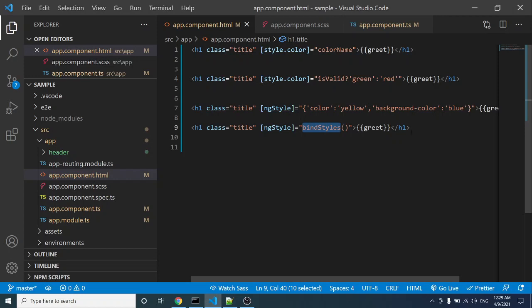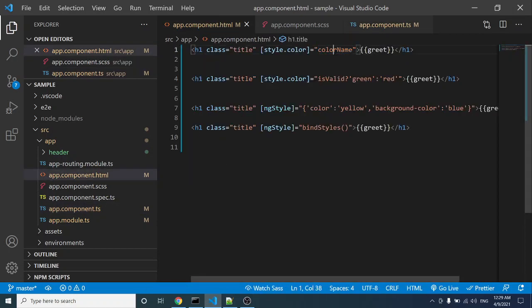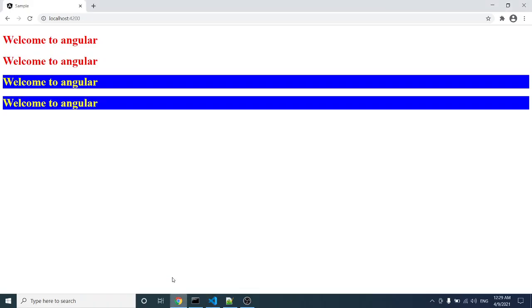Let's revise one more time what we have done for style binding. Same as class binding, we used style.color, and here we are applying colorName. What is the color name? In the component file we have taken colorName as red, so the same variable is given. So for the first element we get red color.